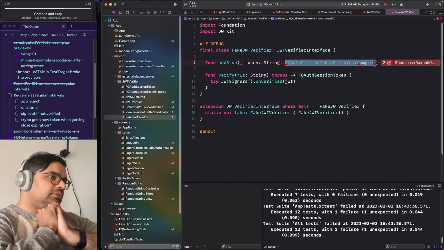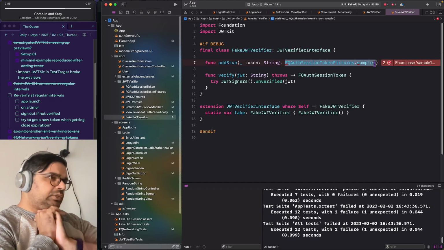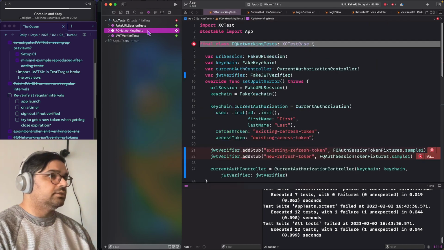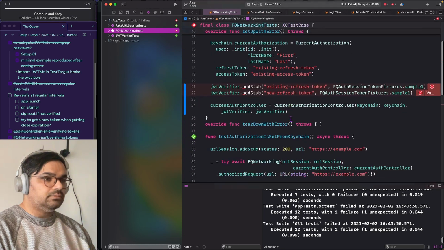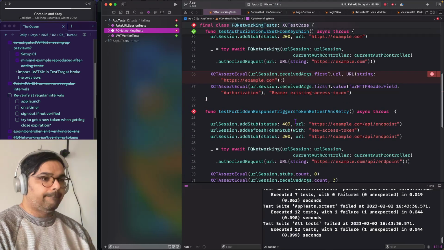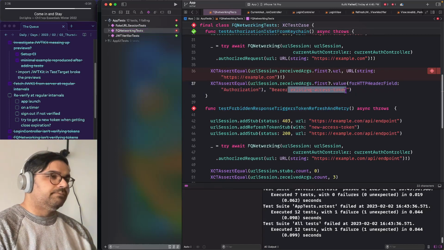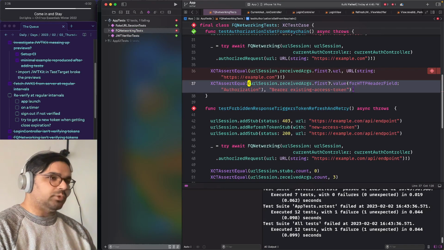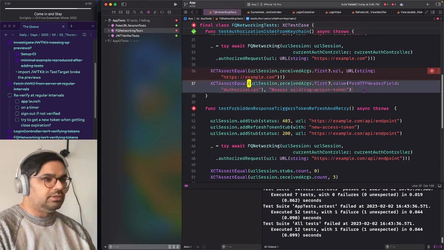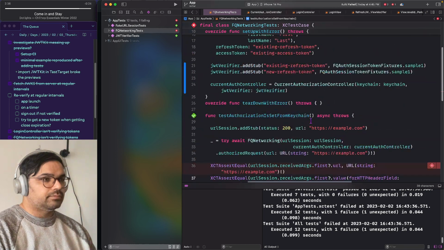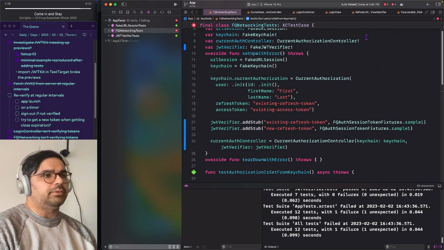Wait, maybe we don't need to do this. Maybe this is too exciting. Maybe we can... where's that test? No, I mean, it just works so nicely. You know, it's just so readable. Okay, let's stick with this current plan,